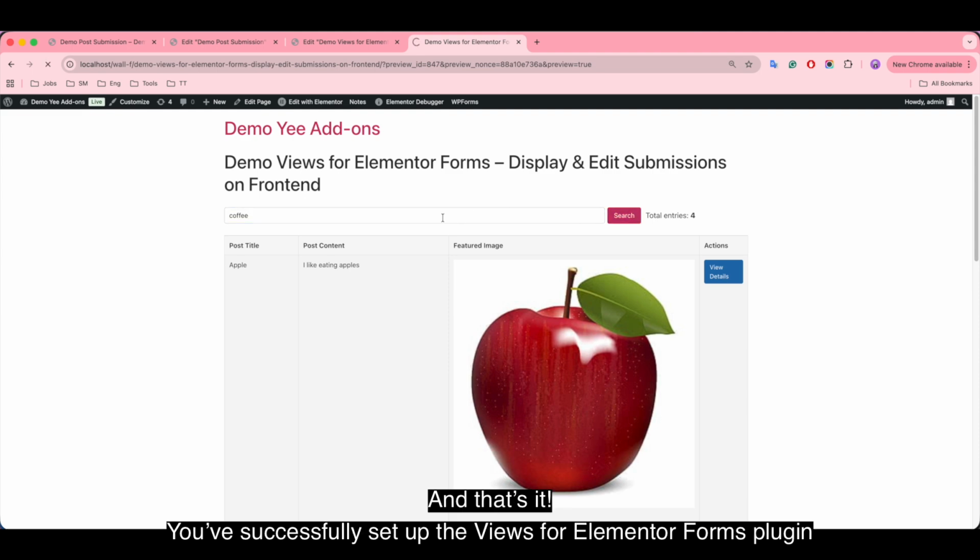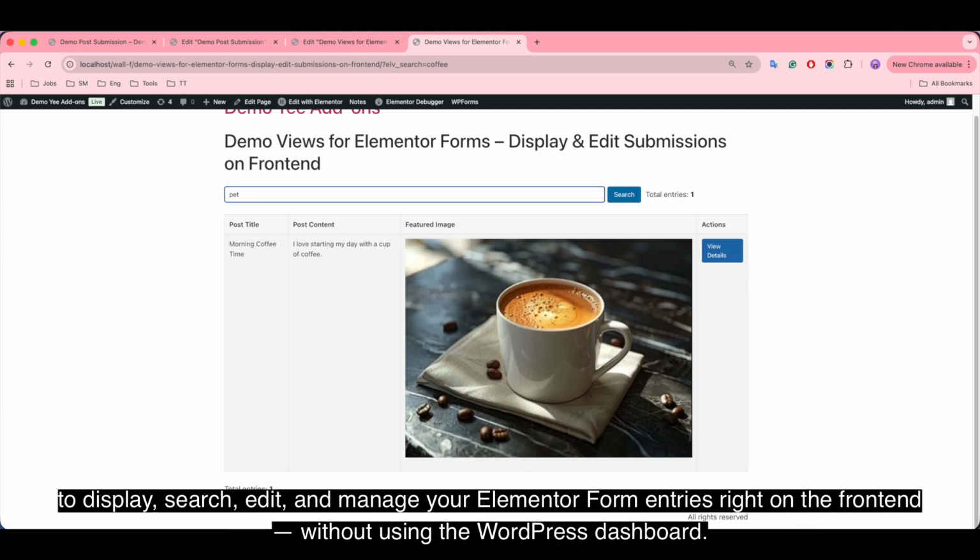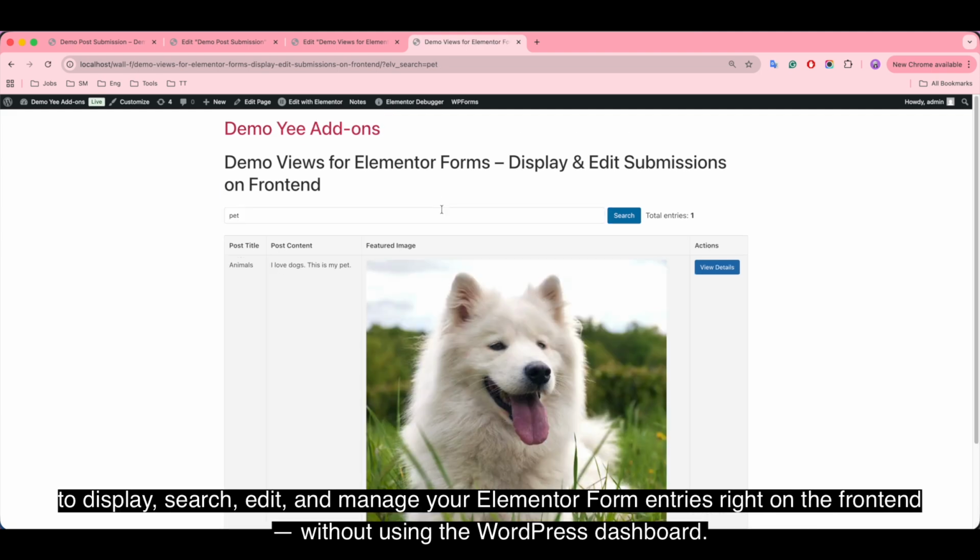And that's it! You've successfully set up the Views for Elementor Forms plugin to display, search, edit, and manage your Elementor form entries right on the front end without using the